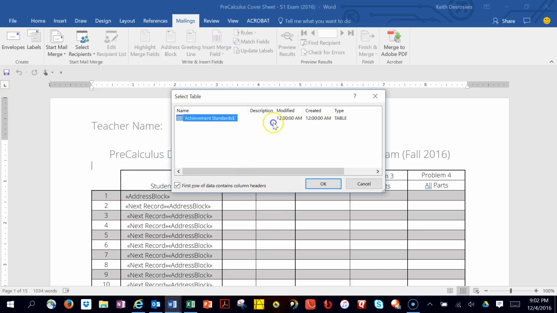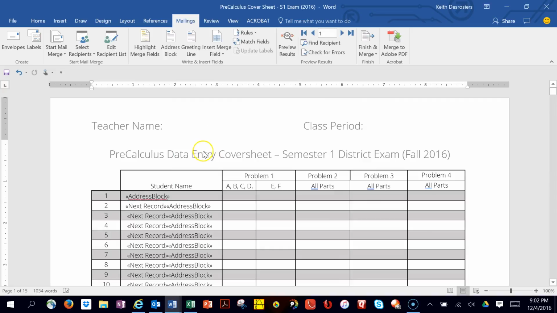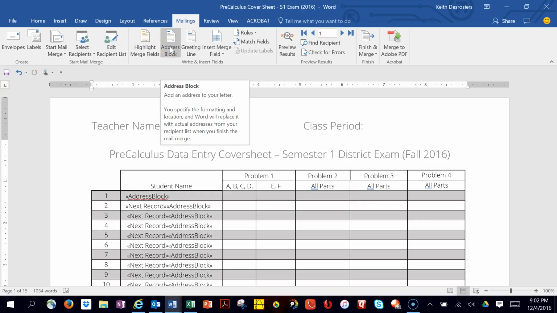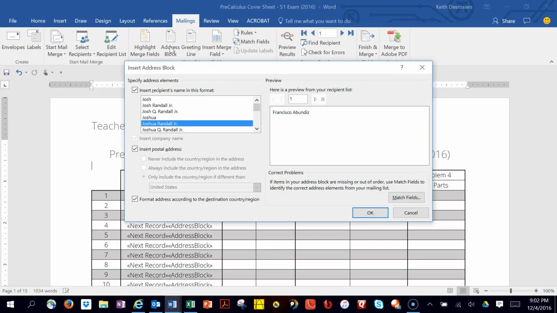It then gives you a list of the various tabs in that Excel file. This tab happens to be called Achievement Standards, so I'm going to click on that. Great. And now the next thing that we need to do is define the address block. So we're going to go back up to the top ribbon here. We're going to click on Address Block. We're going to wait for a little second. And it gives me